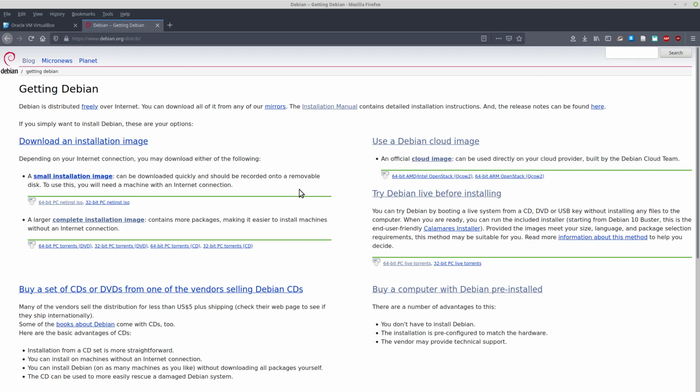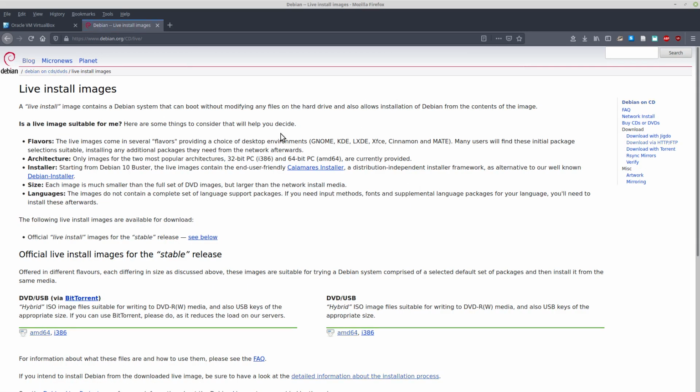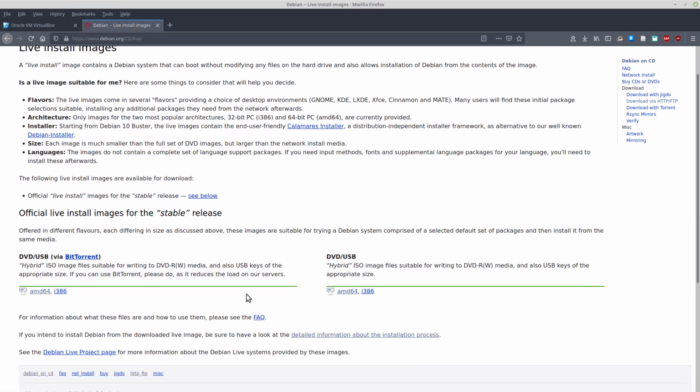One option is you can download a Debian live version, so we're going to use that link, and from there we get two options again. Either you can download from BitTorrent, or you can download the ISO image from the web format. For that I am using the AMD64